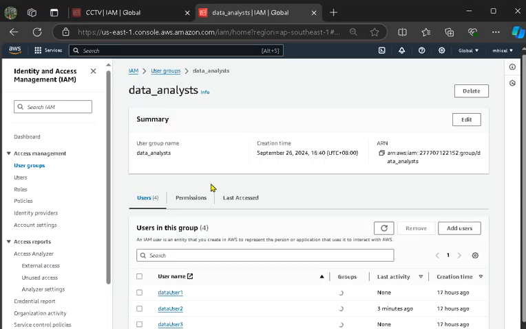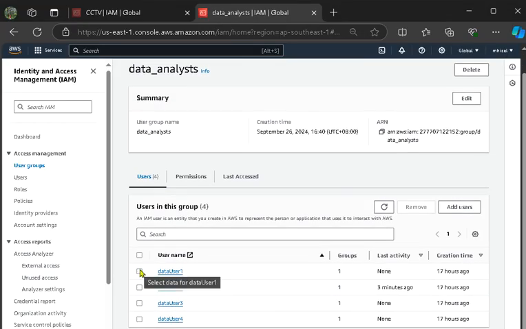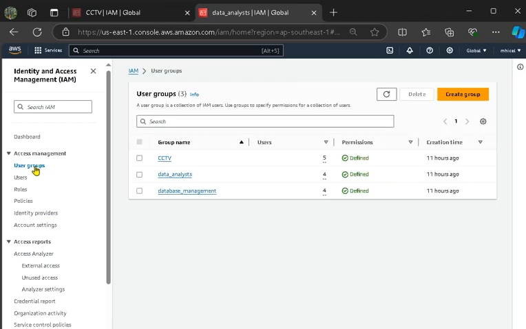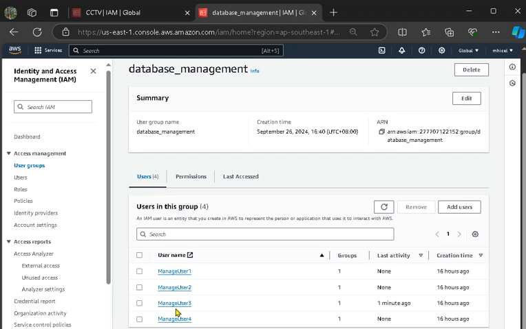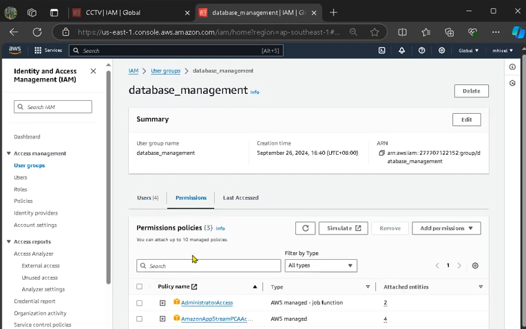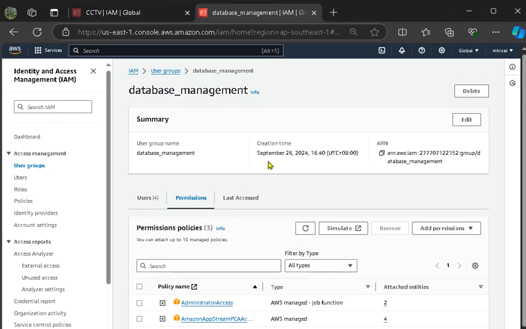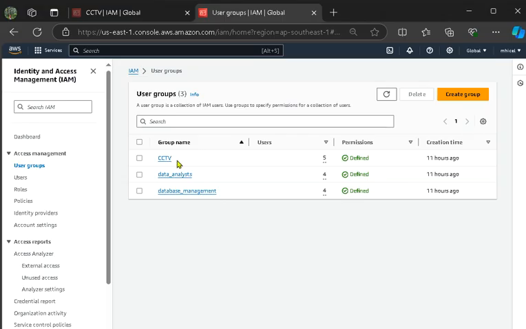Data analyst has 4 users and also 3 policies, and in data management I have 4 users and 3 permission policies. And I already showed you how to activate the access key through CLI. So that's it. Thank you.